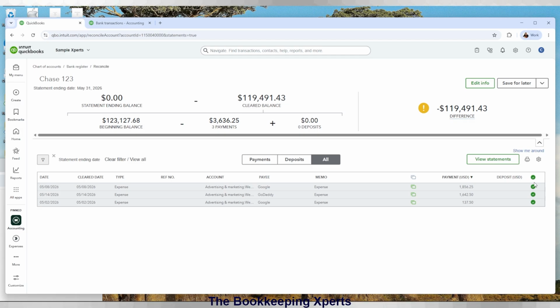So if you have integration with bill pay or any other bill payment tool, you want to make sure that the payments are all matched. If you have integration with income such as Square, Honeybook, Shopify, or whatever, you want to make sure that all the deposits are matched and all transactions are selected,